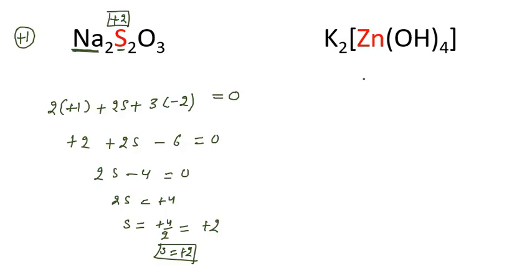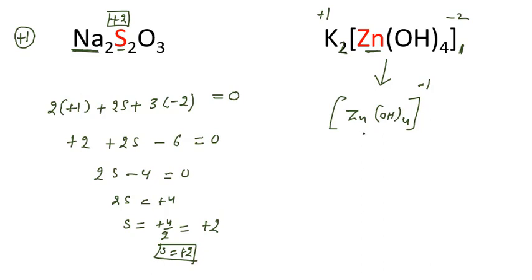Well, now move on to the next one. In this case also we can use the same concept. It is 1 and it is 2. We can crisscross. So 1 will go to the left side and it is positive, and 2 will go to the right side, it is negative. You can see for zinc we have to calculate the oxidation number, and zinc portion is present in anionic part, whole ZnO4, and its charge is what? It is -1. Simple part.